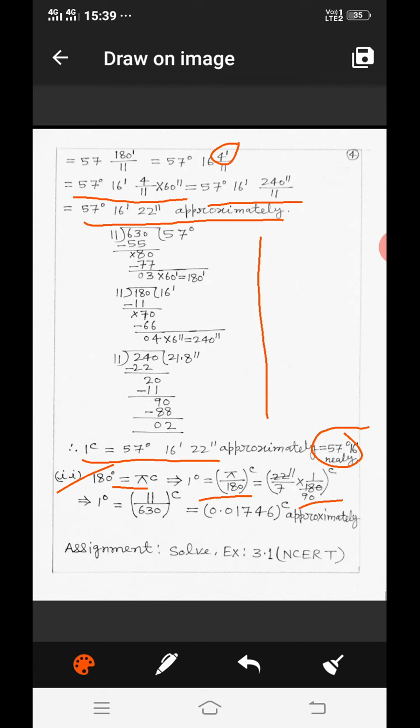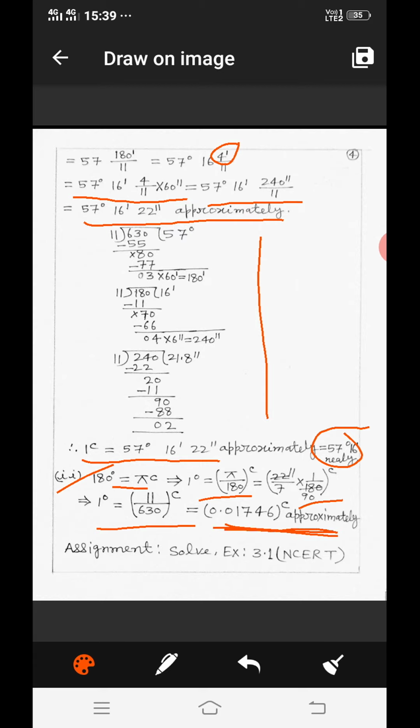When we simplify this, we get 1 degree is equal to 11 by 630 radian, and if we divide 11 by 630 we get